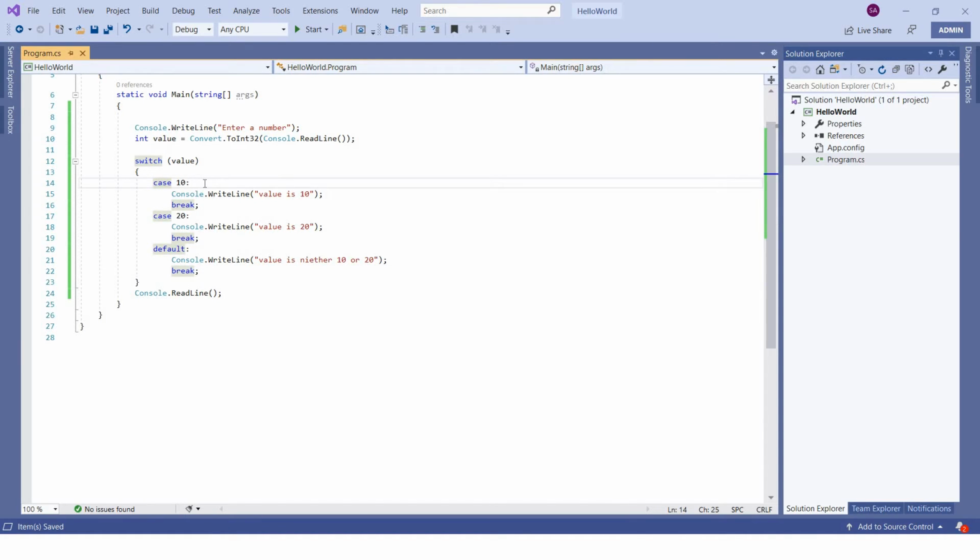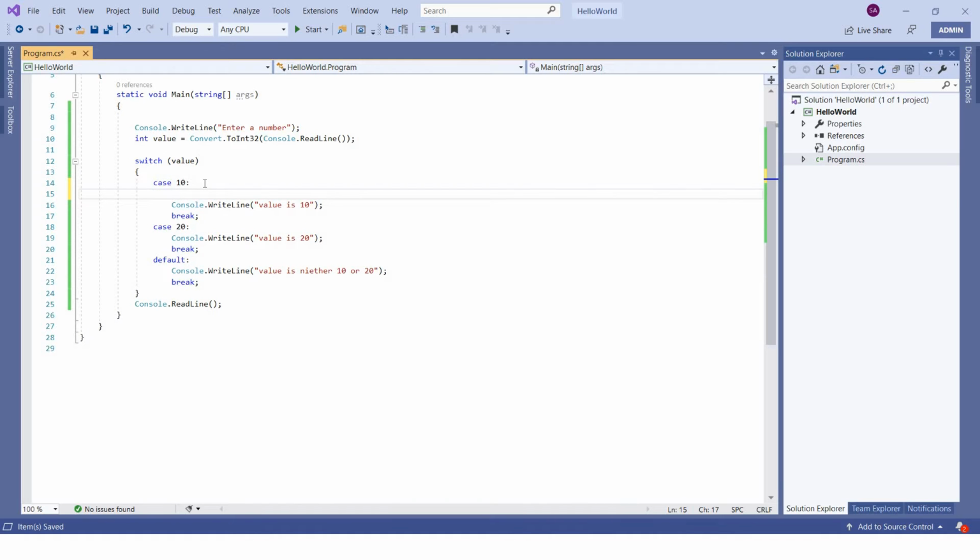So one more thing I wanted to highlight here is you can have multiple cases which will run the same block, right? To do that, what you can do is this. Remember, in the earlier if else statement we had if value is 10 or 30, right? The same thing you can get by using case in this way. Okay, so here I can print "10 or 30". So if any of these cases evaluates to true, this block will get executed. It is as simple as that.